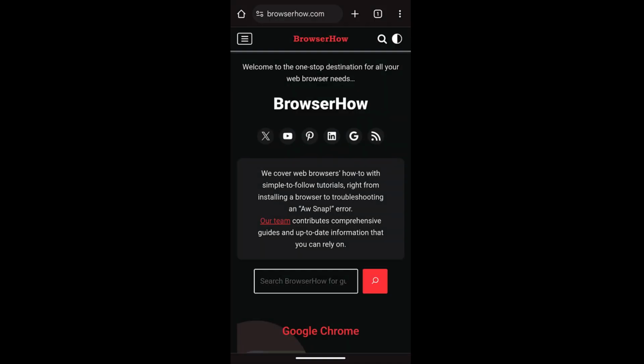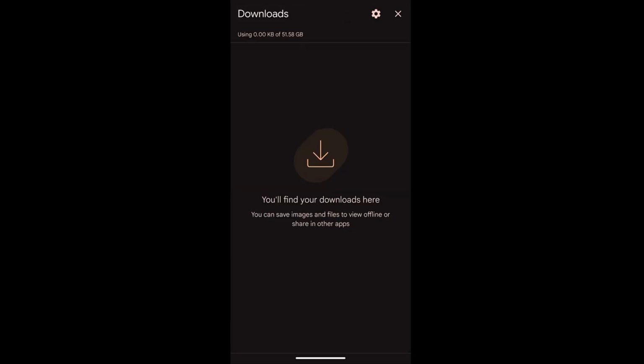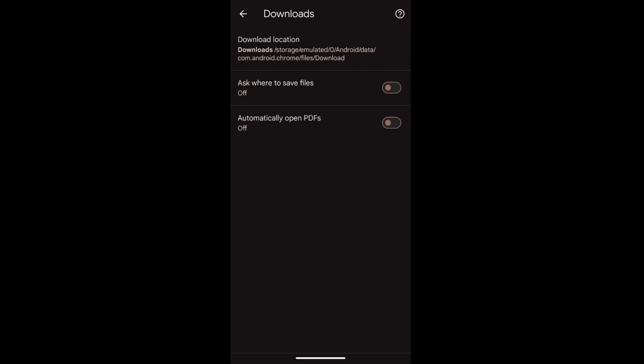Hello guys, in this video we are going to learn how to customize the download settings on your Chrome app. So tap on these three dot options, go to downloads, and within the downloads I currently do not have any downloads. I can just tap on this gear icon here, and here I have the option to choose where to save